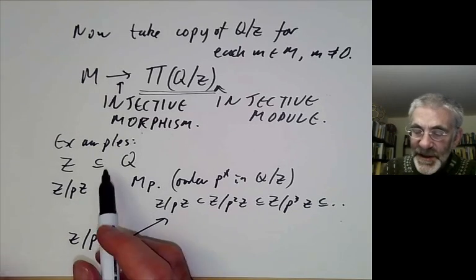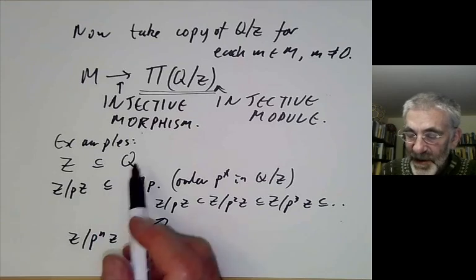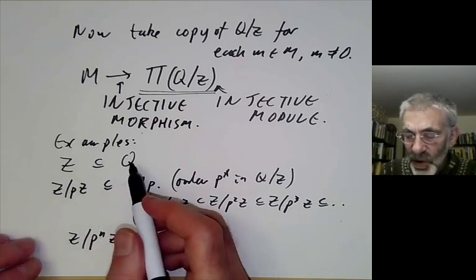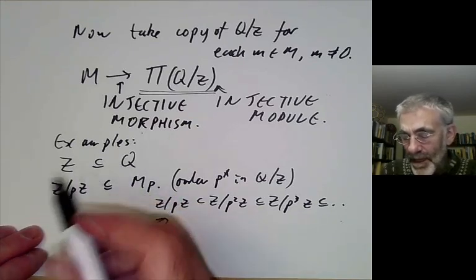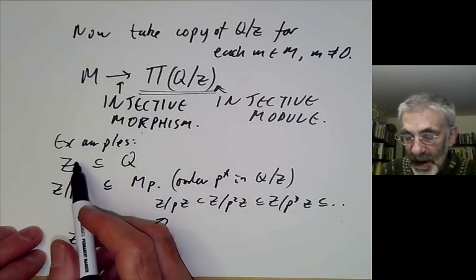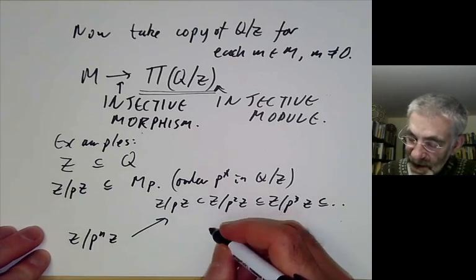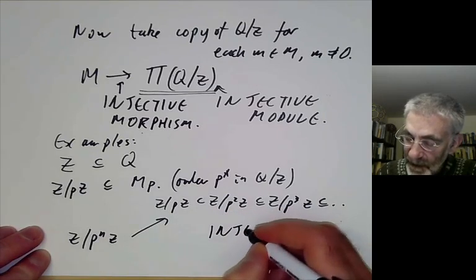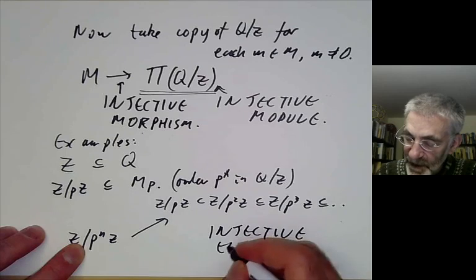In fact, in some ways, injective modules are better than projective modules. There's always a unique, essentially unique minimal injective module containing a given module. So this is called the injective envelope,